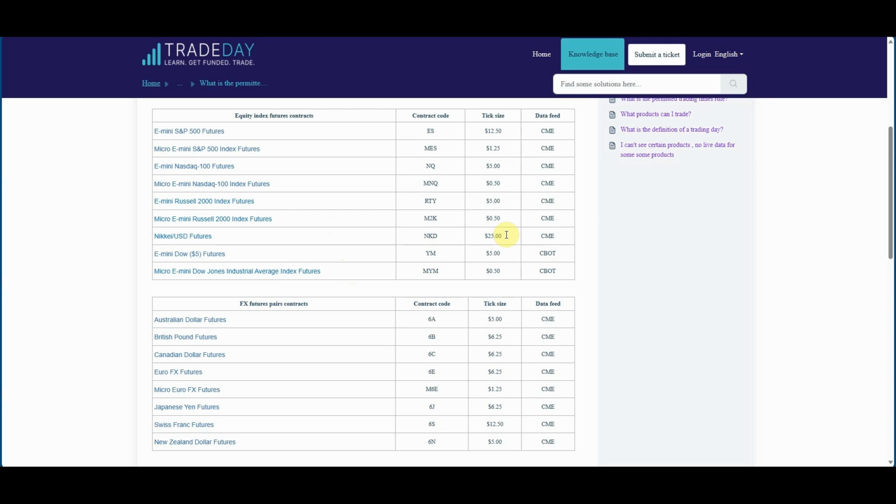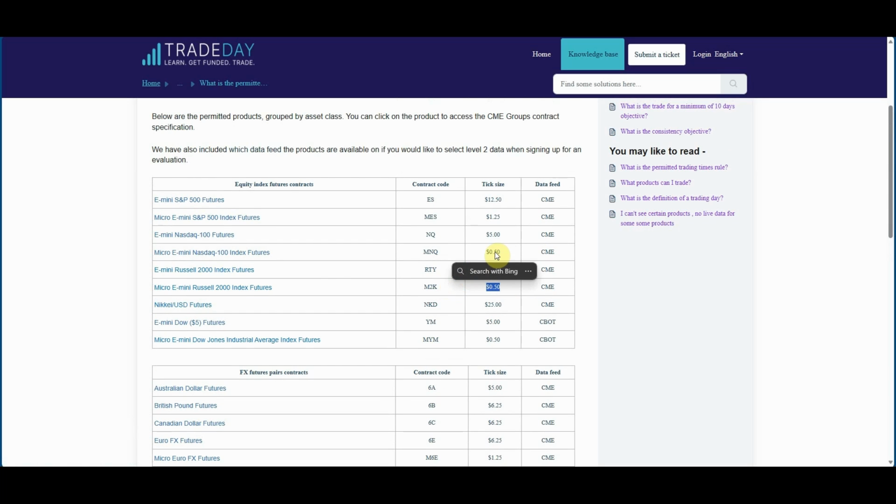So trading the Nikkei, you just do need to be aware that it is a big tick size and the market can move quite quickly as well. So you've got, for example, the micro E-mini NASDAQ futures here, they're 50 cents. So the Russell and the NASDAQ micros do allow you to trade in and out at around 50 cents, but